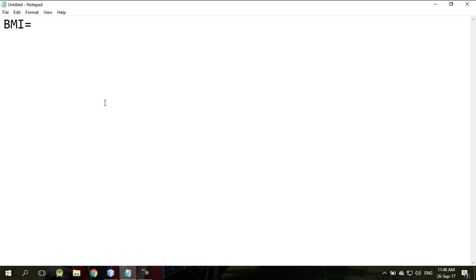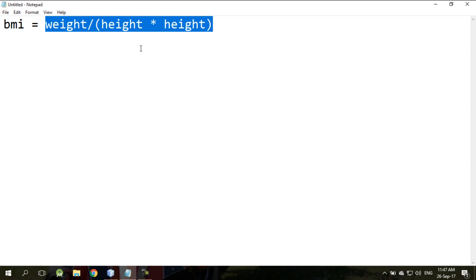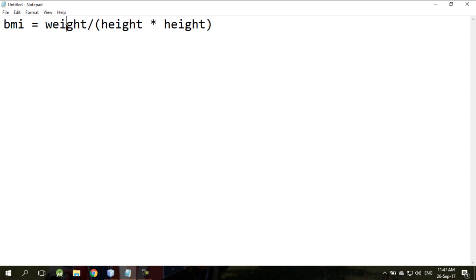So you have your BMI value. Let's say your BMI equals weight divided by height times height. We always start with a formula before we proceed with pseudocode. So for the pseudocode based on the formula, we know that there are two inputs here, weight and height. On the right side here, we are looking at the input